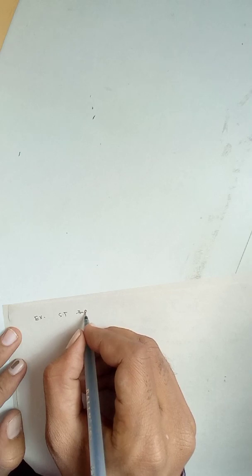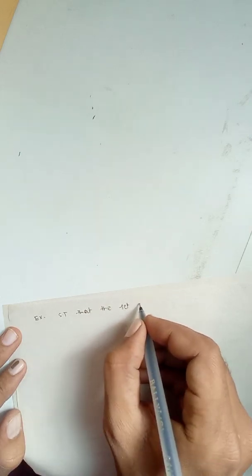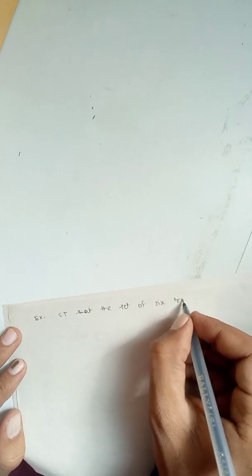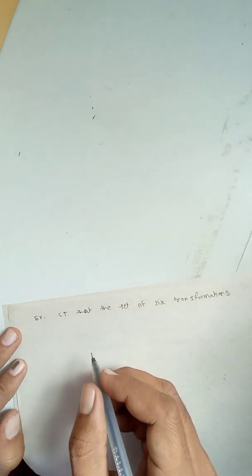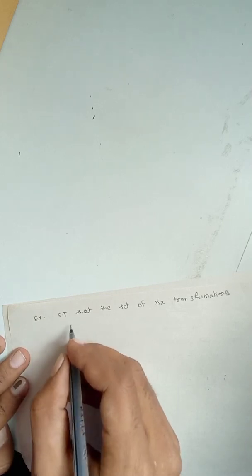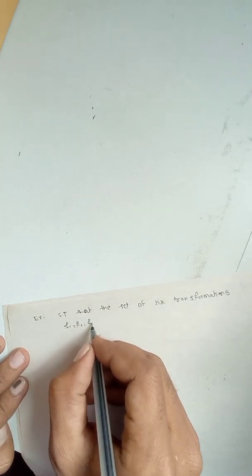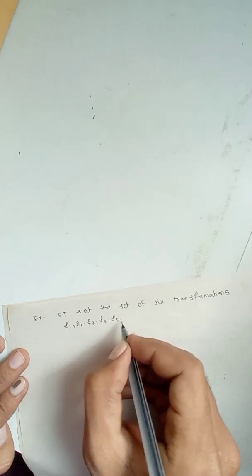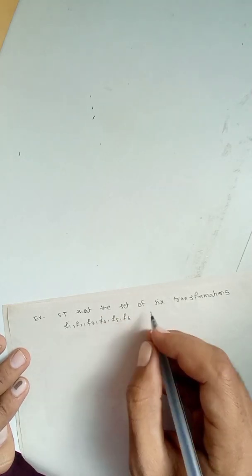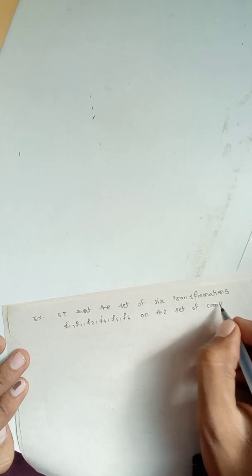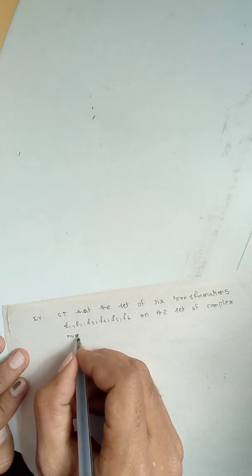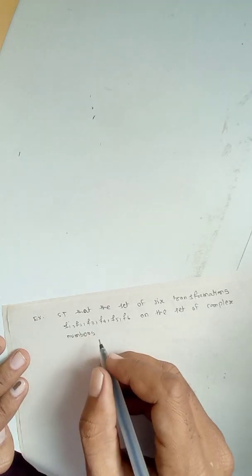Show that the set of 6 transformations f1, f2, f3, f4, f5, f6 on the set of complex numbers defined by,